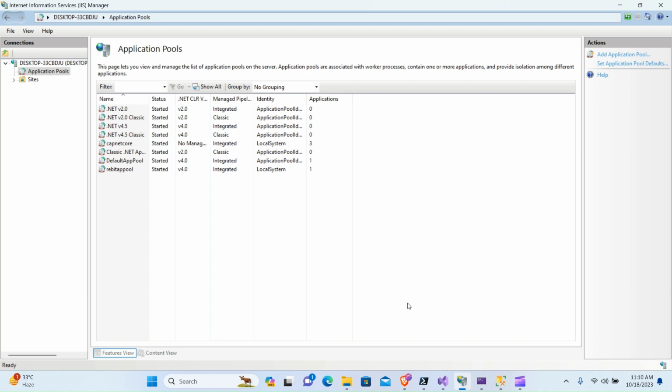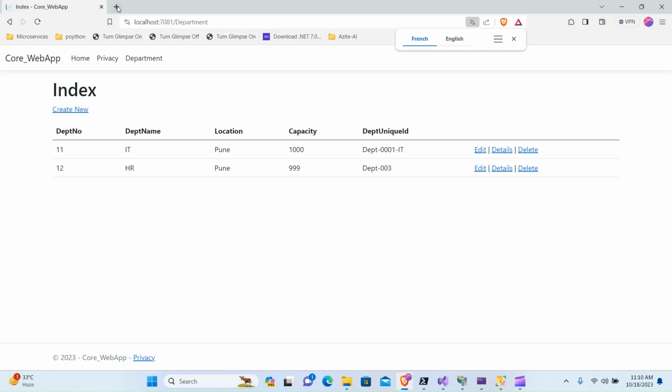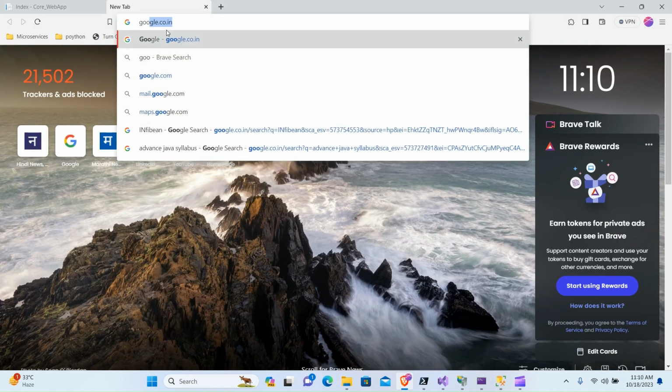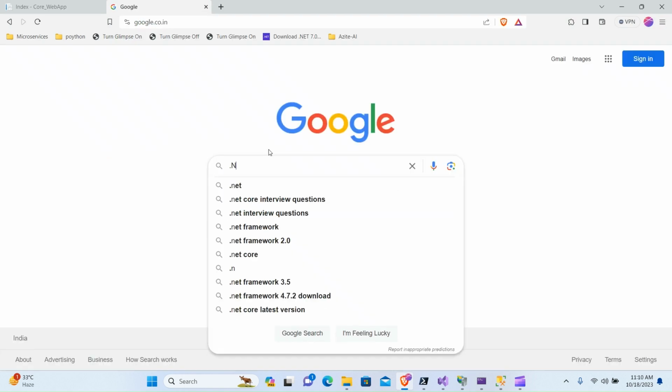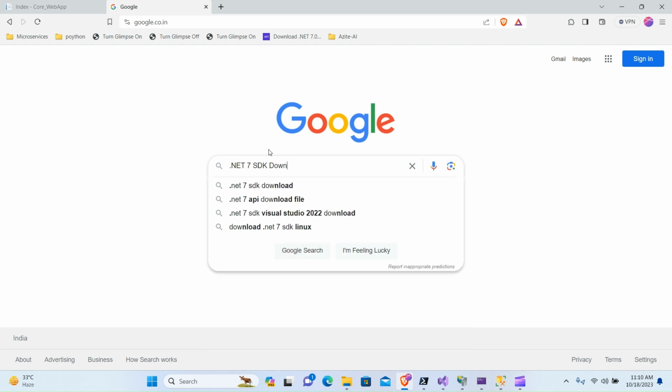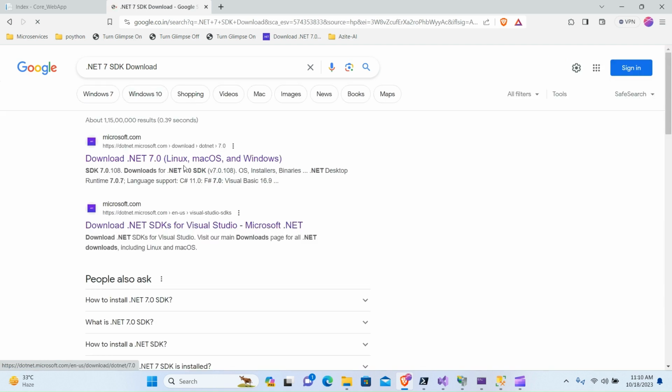So what you need to do, first thing first, is that we need to have the ASP.NET Core hosting module installed on our machine. So if I take you over here to Google and search for .NET 7 SDK download,